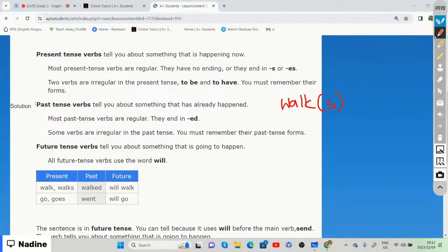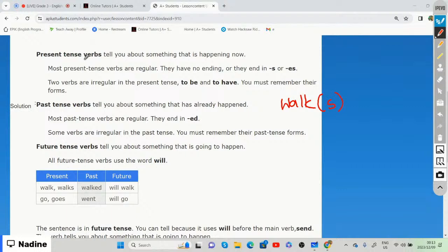Yes, ed means it's in the past, right? But when it comes to the present tense, something that occurs or happens now, it has no ending. So like we said, it either ends in s or it ends in es, depending on the specific word,